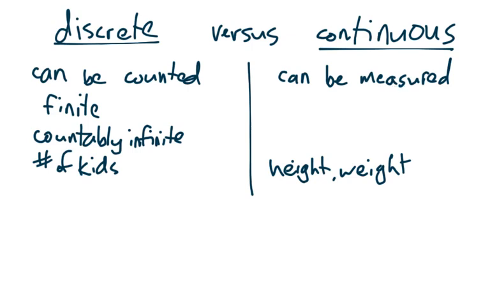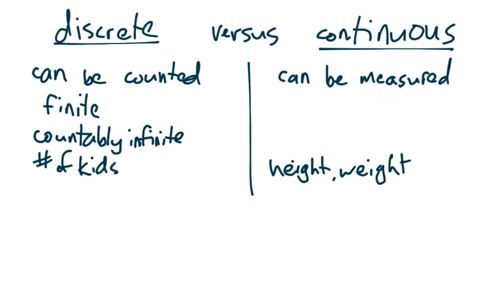These are things that are an interval of values, like you could be 5 feet tall or 6 feet tall or anything in between. You could be 5.000012 feet tall. You could be 5.000013 feet tall, or anything in between those, right? An infinite range of values just between 5 feet and 6 feet tall. There are so many that they are uncountably infinite. If you tried to put them in a list, you could not do it. There are too many. Things like height and weight, things that can be measured.